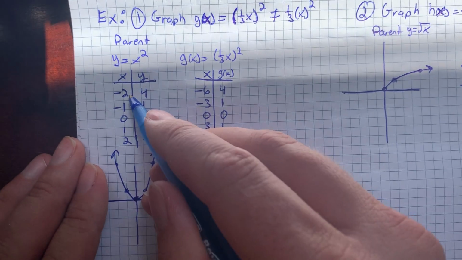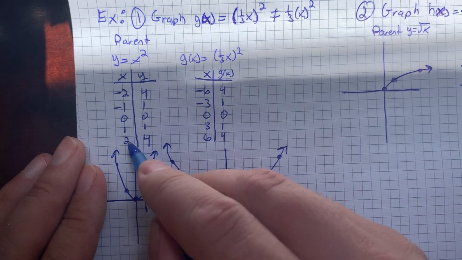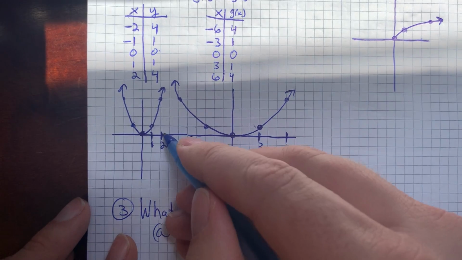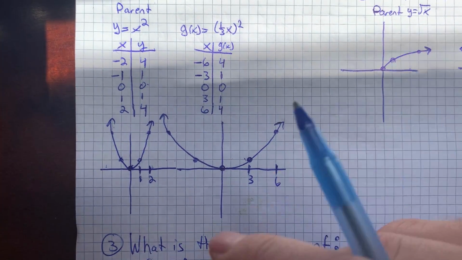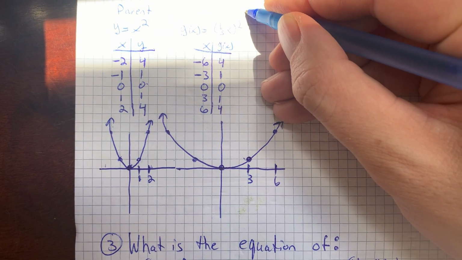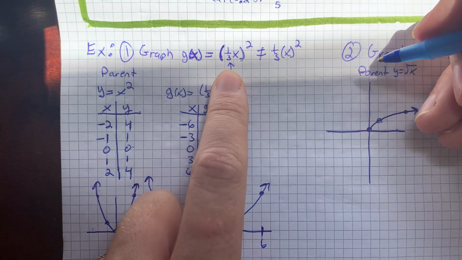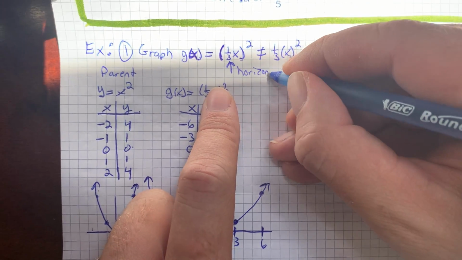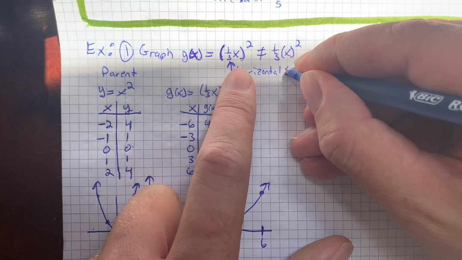The parent function, y equals x squared: when we do -2 squared, we get 4, -1 squared is 1, 2 squared is 4, 0 squared is 0, okay? And this is the graph we get, right? 2 squared is 4, -2 squared is 4. But because we are multiplying on the inside by 1/3, inside the parentheses, this is a horizontal change. You might think 1/3 would be a compression, but it is backwards. This is a stretch